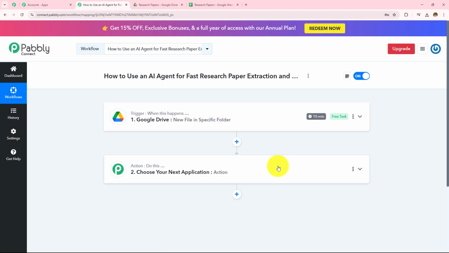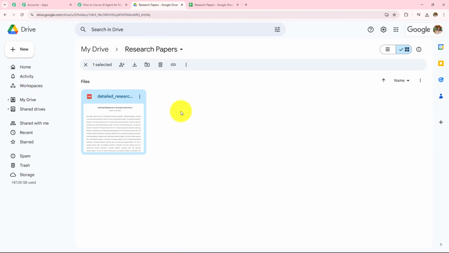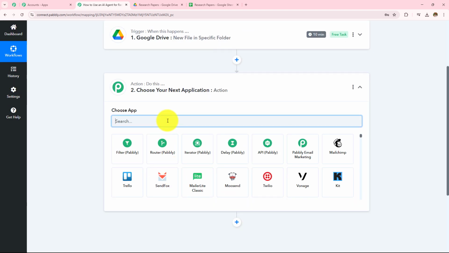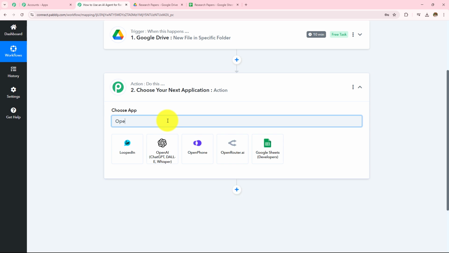Now moving on to the next step, whenever I am going to upload a file or a research paper in this particular Google Drive folder, I want AI to generate or extract the data from that particular file. So here in my action application, I am going to use my AI agent as OpenAI.